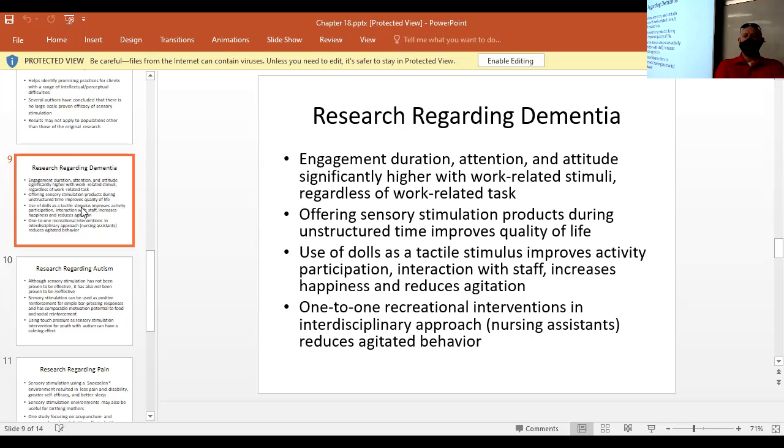So what they've seen as far as research with dementia, engagement duration, attention, and attitude has been significantly higher with work-related stimuli regardless of work-related tasks. So they get better results from people with dementia after some exposure to some of this sensory stimuli. Offering sensory stimulation products during unstructured time improves quality of life. That's kind of what I was getting to about, every time you can put a smile on their face, you're improving quality of life. Use of dolls as tactile stimulus improves activity participation, interaction with staff, increases happiness, and reduces